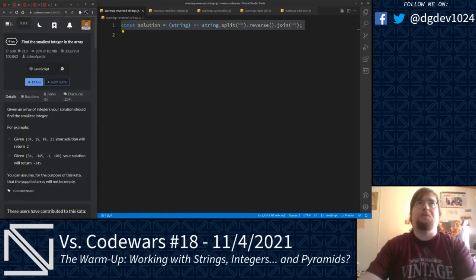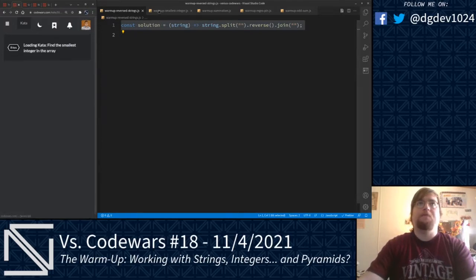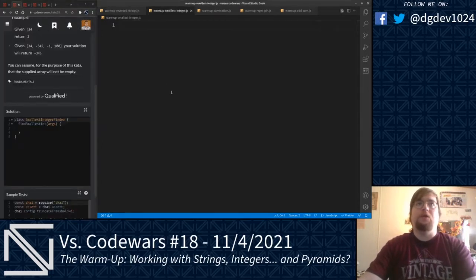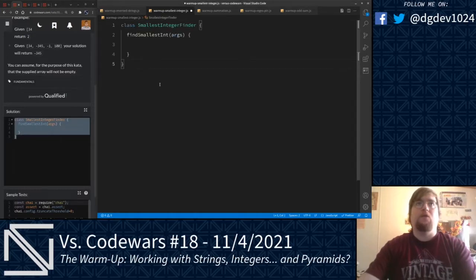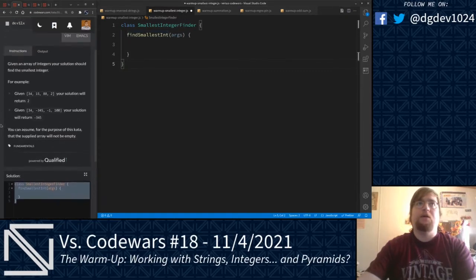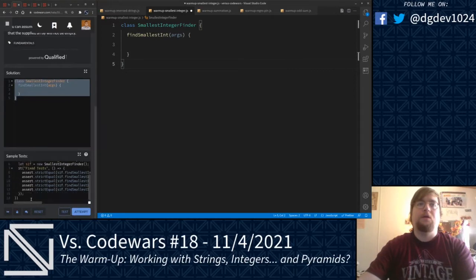Our next warm-up has us finding the smallest integer in an array. Let's go ahead and do this one next here. Interestingly enough, this function signature is actually a method inside of a class. So let's go ahead and copy that over to our local solution here. And it looks like actually we are doing this. Yep, it's actually an array here. So what we'll do